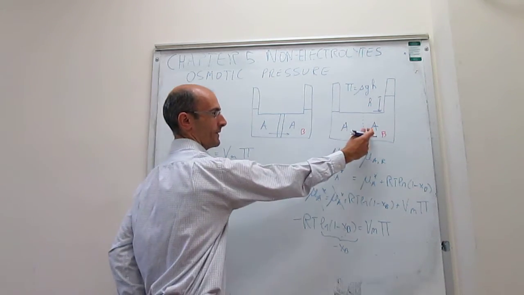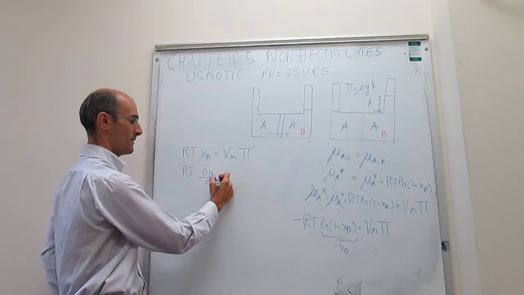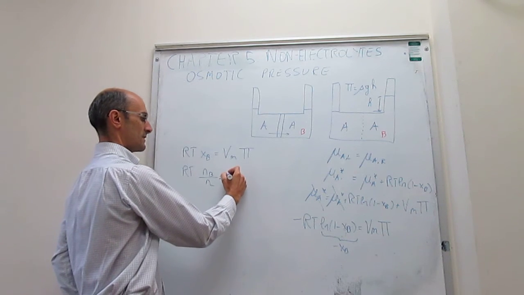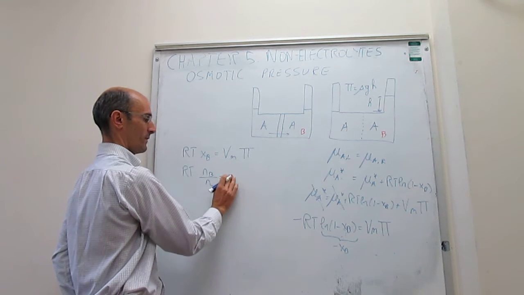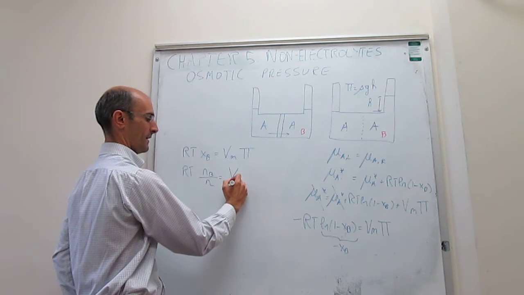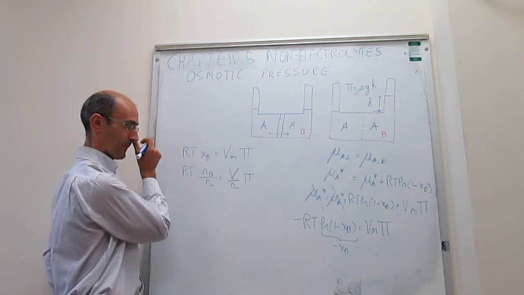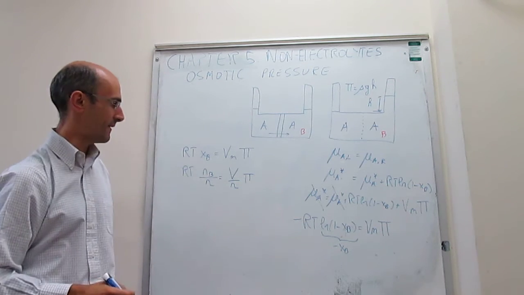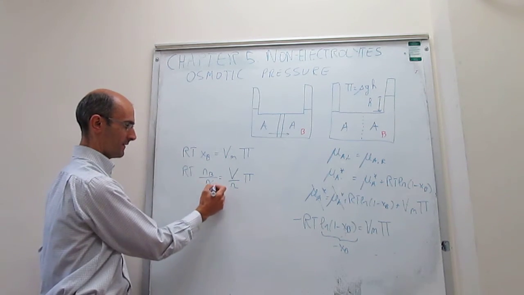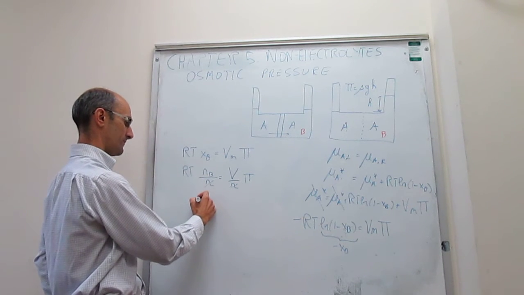Okay, in this case it will be the number of moles of A plus the number of moles of B. And the molar volume is just the volume occupied by 1 mole of the solution. So that would be the volume of the solution divided over the total number of moles that I have. Conveniently, this total number of moles cancels, and then I can solve for the osmotic pressure